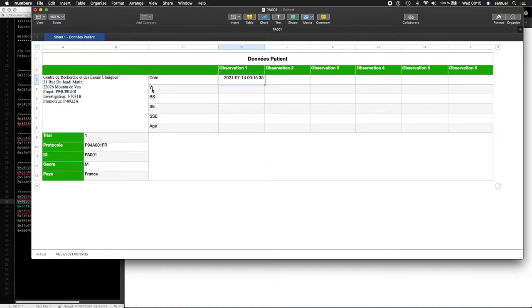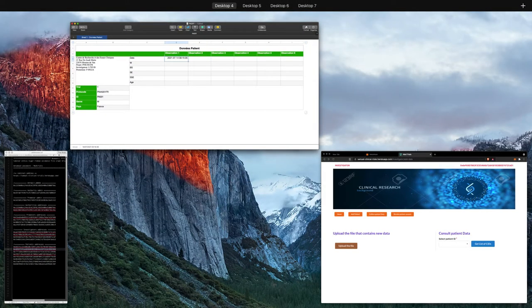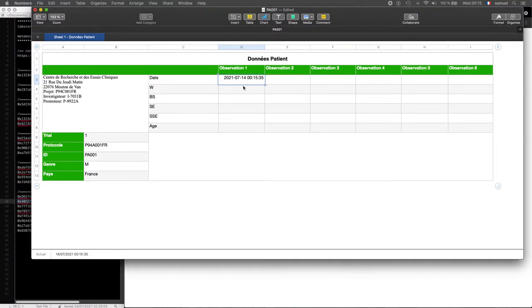W means weight. For this first trial, I would say we record 30 as the weight for this patient. BS means blood sugar. For the first trial, we have recorded 1.4.